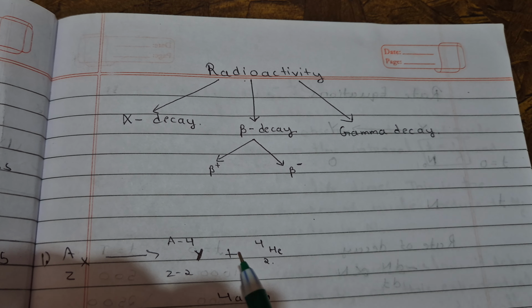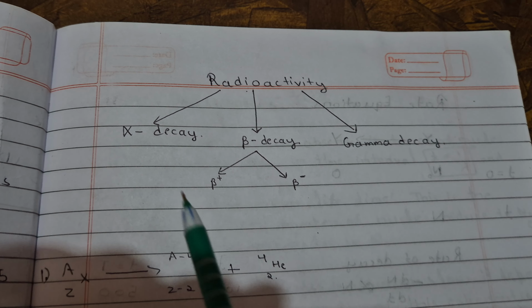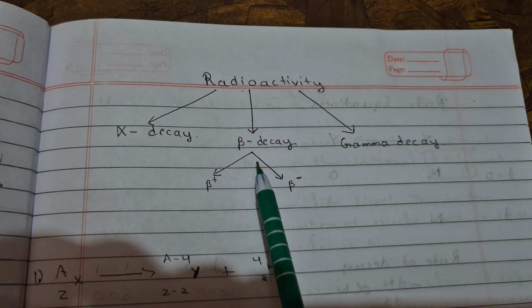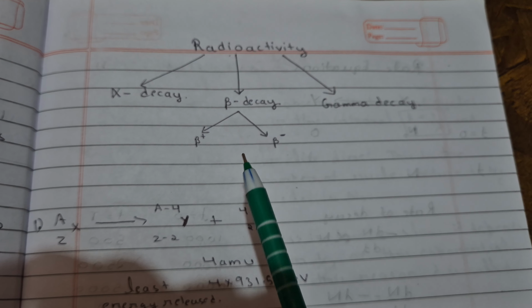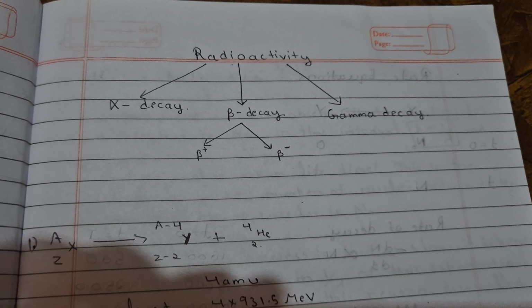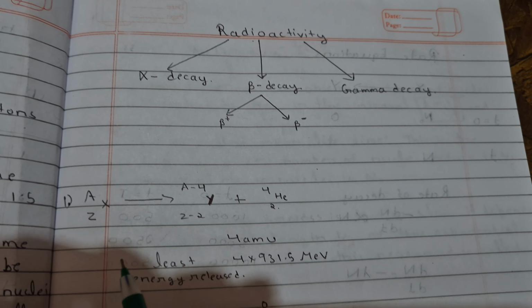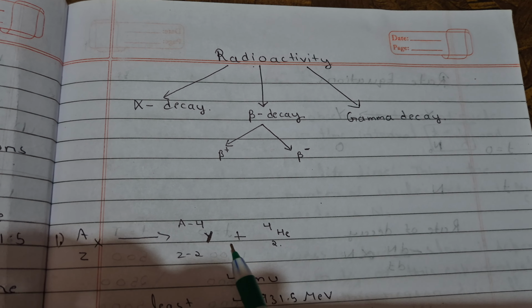In radioactivity we have alpha decay, beta decay, and gamma decay. With a little less energy as compared to fission, it will undergo alpha decay; with less than that, it will be beta decay; and with a very small extra energy, it will be gamma decay. In beta decay we have beta positive and beta negative decay. When it has a very high amount of extra energy, not so much that it will be fission, but still high,